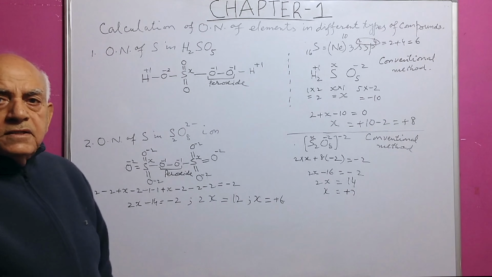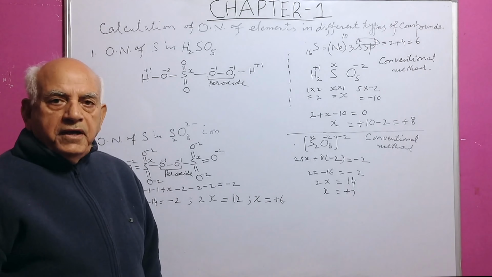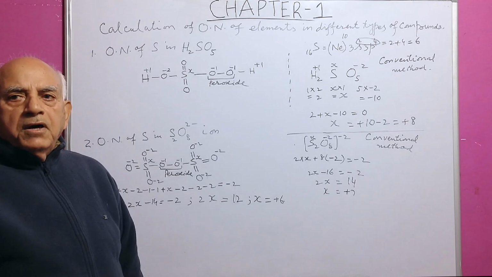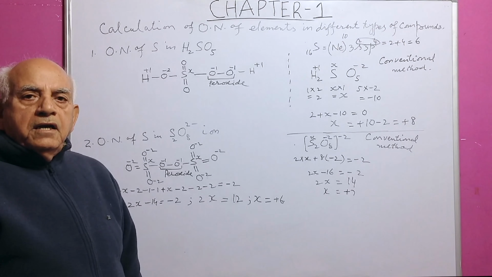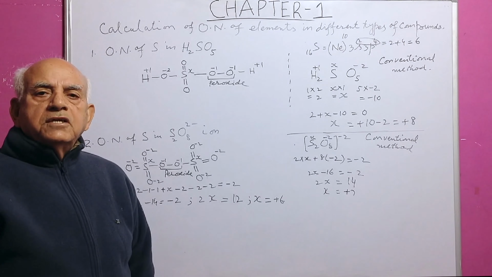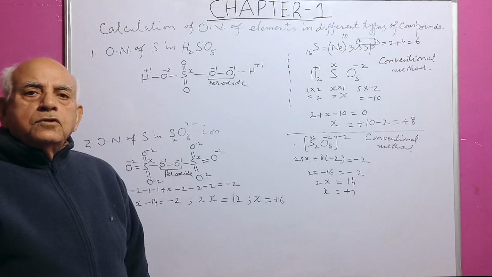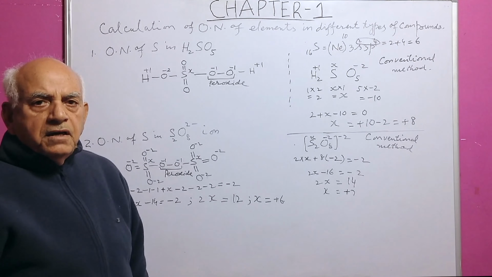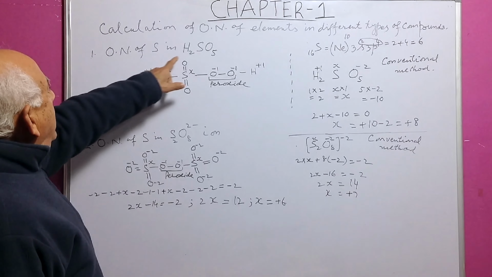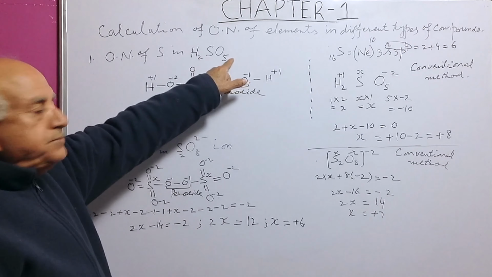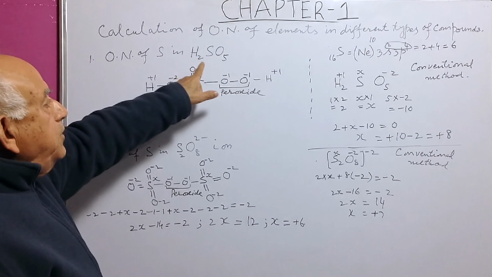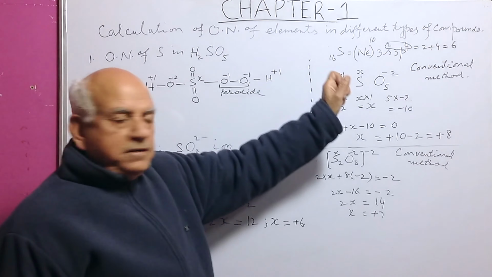Good morning, students. We shall study today different types of compounds and we shall find out the oxidation number of elements in those compounds. For example, consider H2SO5. If we have the conventional method, then